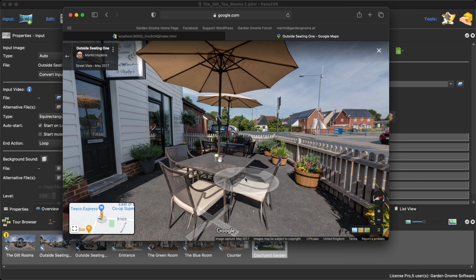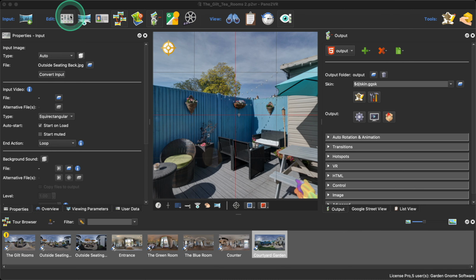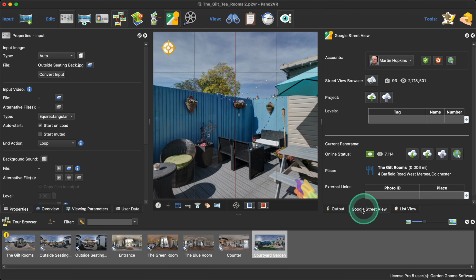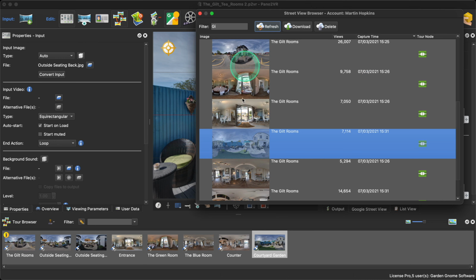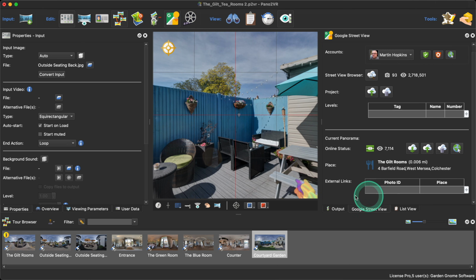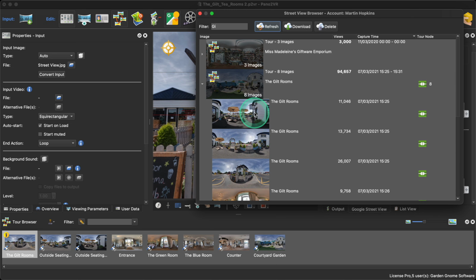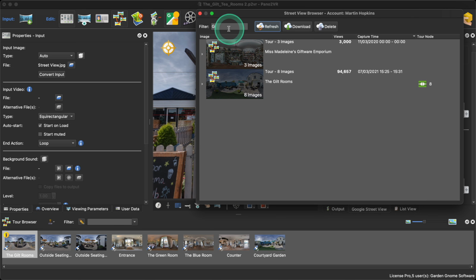Absolutely. If you built the tours, you can do this. And how you would do this is, I say if you built the tours, you do need the tours in your Google Street View panel, Street View browser. They do need to be in the browser, okay? But what you can do is here you can see external links and photo ID in place, and you can actually link to this. So as an example, if I'm in this node, which is the front node, I would find the project in my Street View browser,